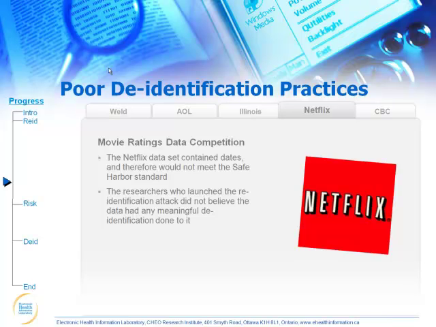So if anything was done by Netflix, it must have been sufficiently weak that it didn't convince the folks who looked at the data carefully. There are other issues with that attack as well, related to false positive rates that were never validated and so on. But I think the fact that it was not de-identified properly is enough to not put a lot of weight on this attack, in that the identification that was done was not strong.